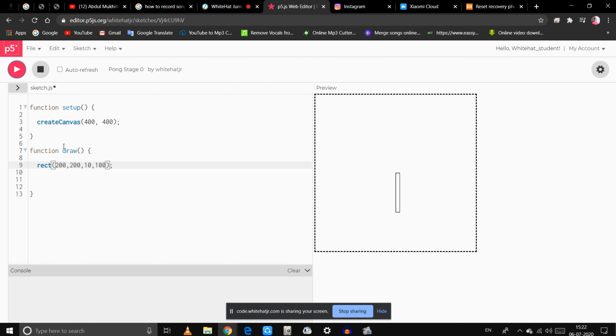Weren't you paying attention when I was explaining to you, Abdul? I was there, ma'am, but due to the internet connection, I can't hear, ma'am. Okay, so listen, the first position is the X position. The second one is the Y position. The third one is for the width. And the last one is for the height. Now you get it? Okay, ma'am. First one is for X, second one is Y, third one is for width, and last one is for height. Now shift it towards extreme right.